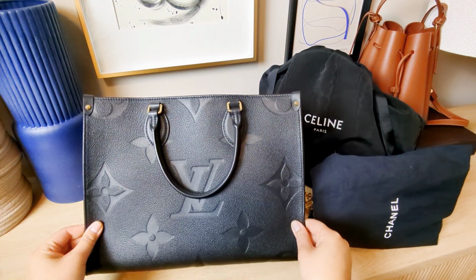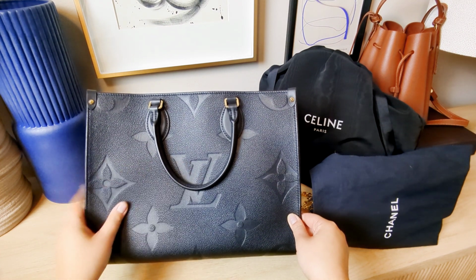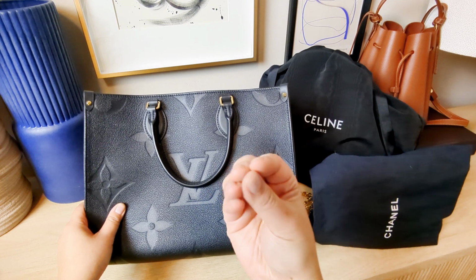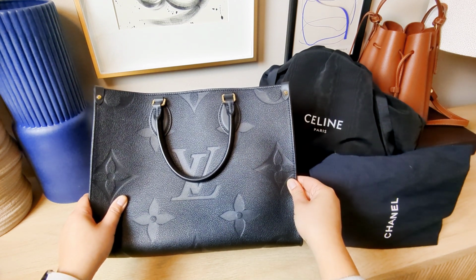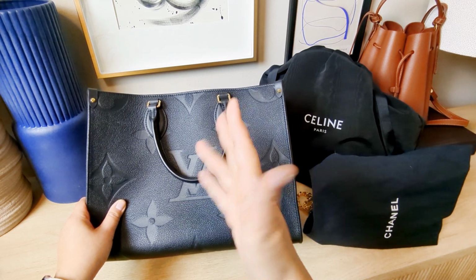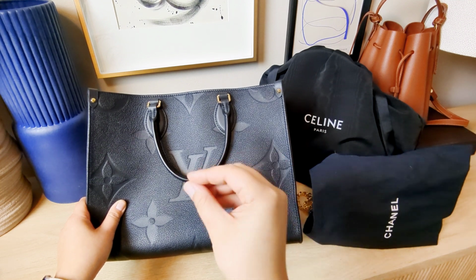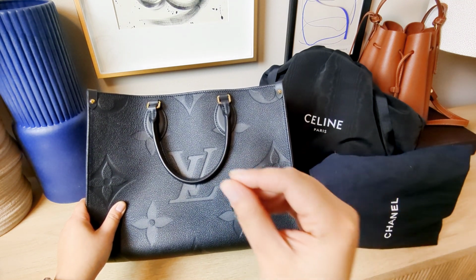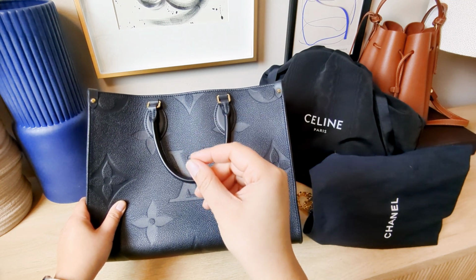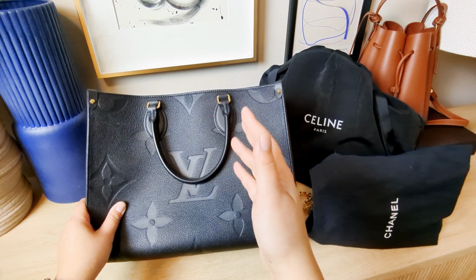The day I got it in the mail, I opened it up and looked at it. To me, after touching so many bags, it looks real, but we know replicas nowadays are just incredible. So the very next day, there's a Louis Vuitton store not too far from me, about a 20-30 minute drive. I abandoned work, drove right to the Louis Vuitton store, and stood outside for about 10-15 minutes before they opened. I was like a crazy person just standing out there with a security guard looking at